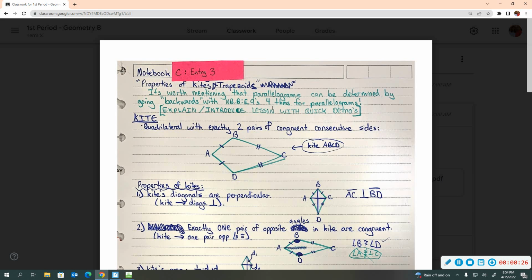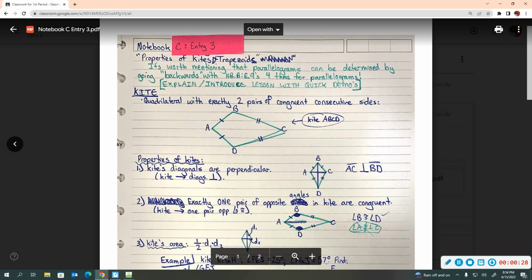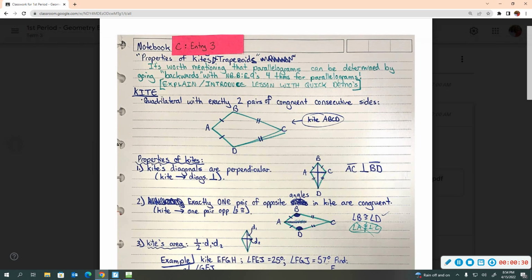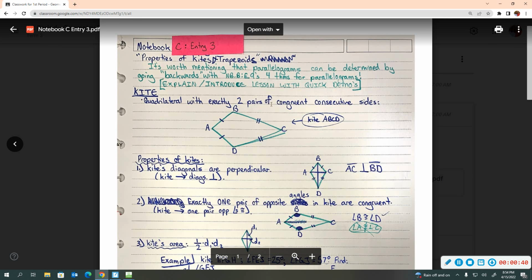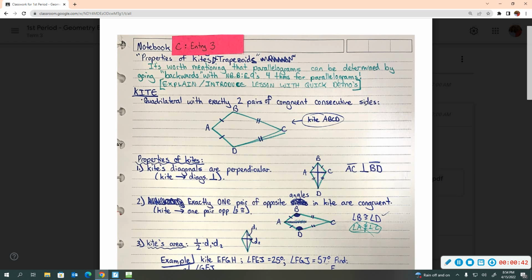Don't write this little green part here, but you would start with this part where it gives the definition of a kite. So a kite looks very much like you would think a kite you would fly would look. And what it is, it's a quadrilateral, so it has 4 sides, and it has 2 pairs of congruent consecutive sides. What that means,